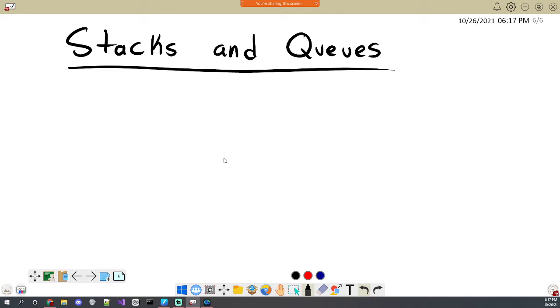Stacks and queues are ways to do things similar to this circular array that we've done, which is actually a special type of queue, I would argue. It's a way to store data in order and then be able to get it out in a specific order as well.